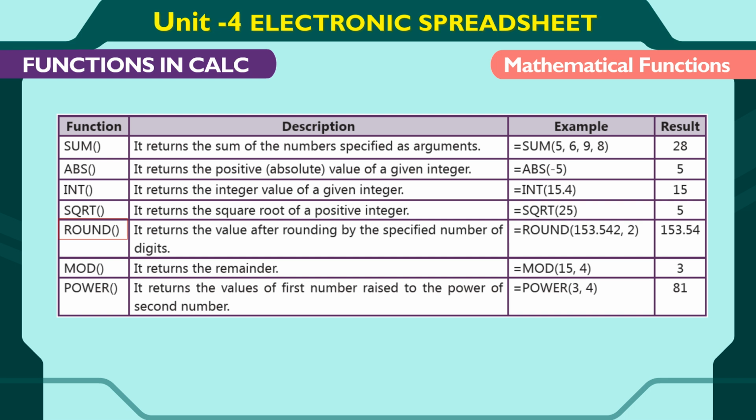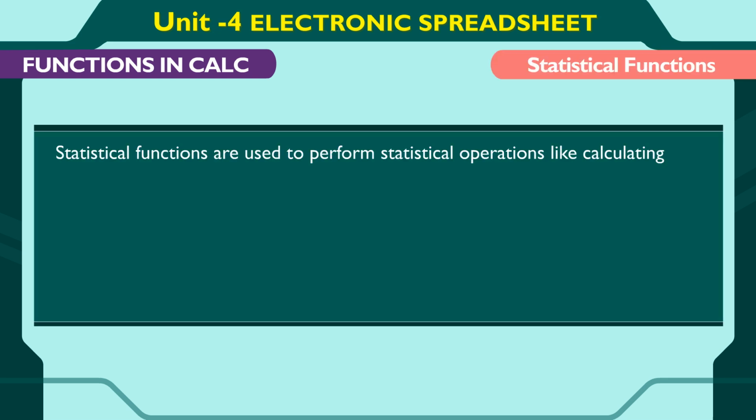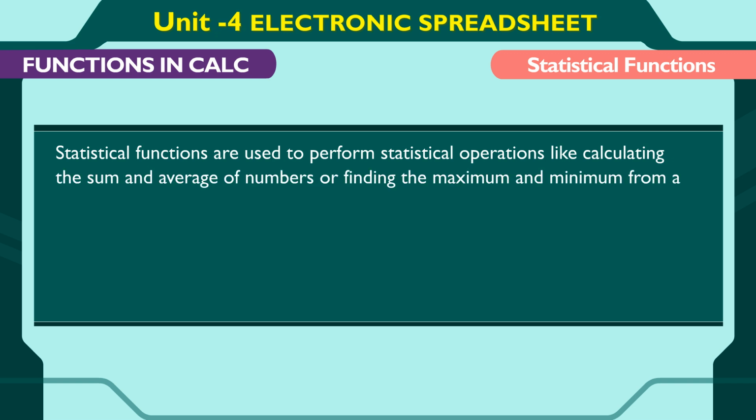ROUND. It returns the value after rounding by the specified number of digits. =ROUND(153.542, 2), result 153.54. MOD. It returns the remainder. =MOD(15, 4), result 3. POWER. It returns the value of the first number raised to the power of the second number. =POWER(3, 4), result 81. Statistical functions. Statistical functions are used to perform statistical operations like calculating the sum and average of numbers or